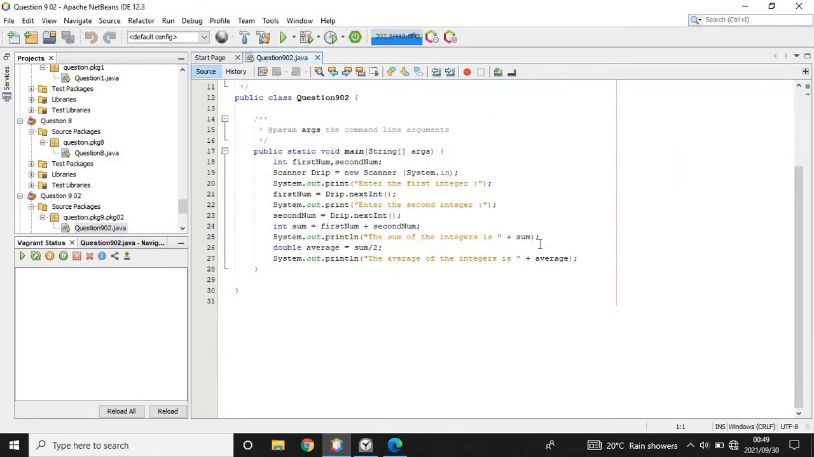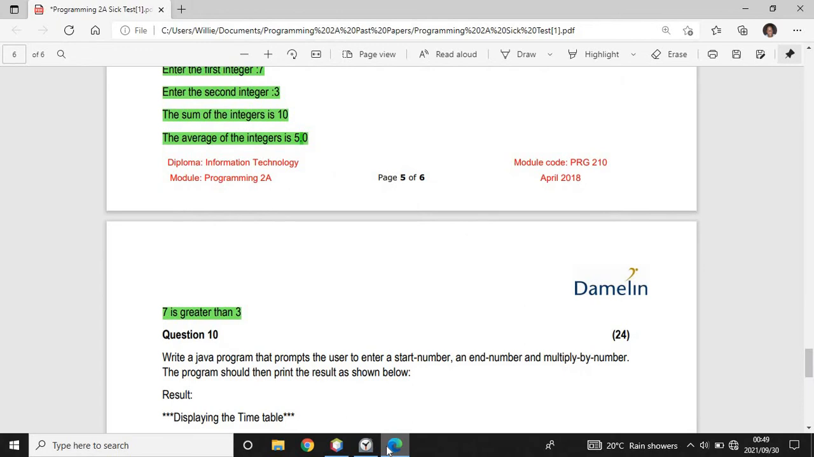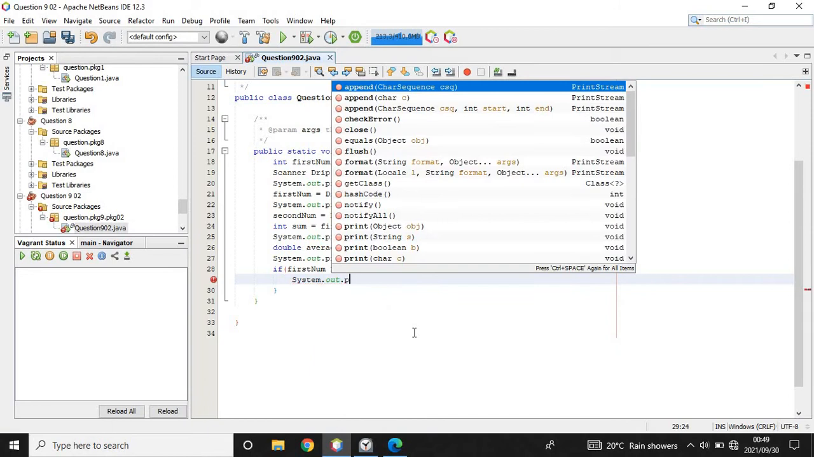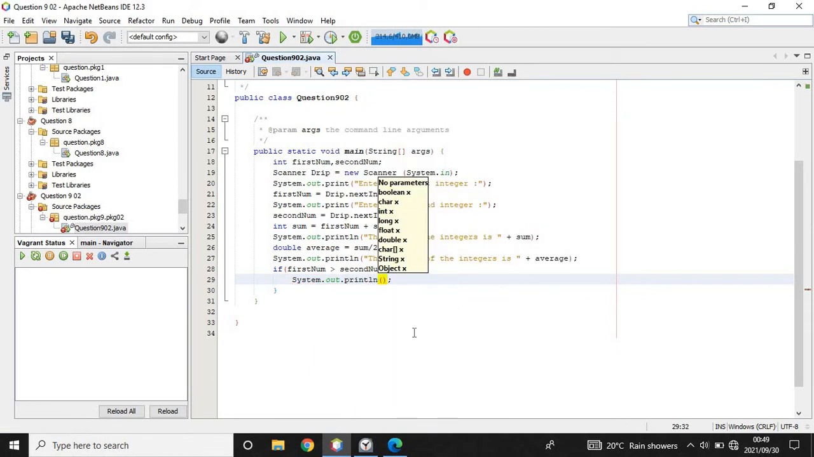Now we need to use the if else statement. So we could actually say: if first num is greater than second num, then please display System.out.println, where you could safely say